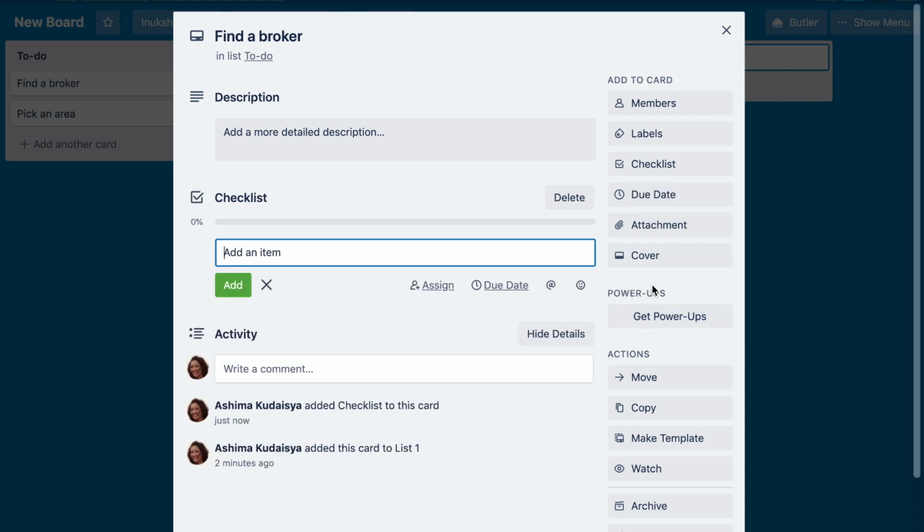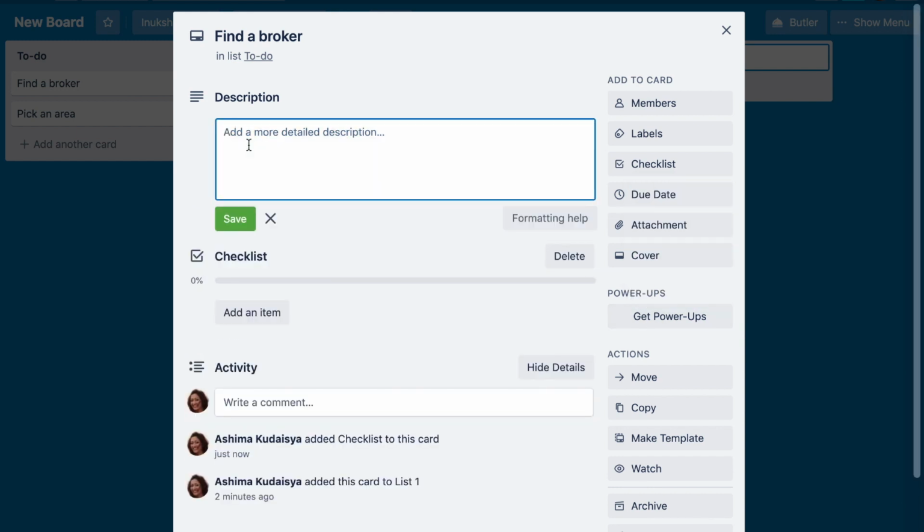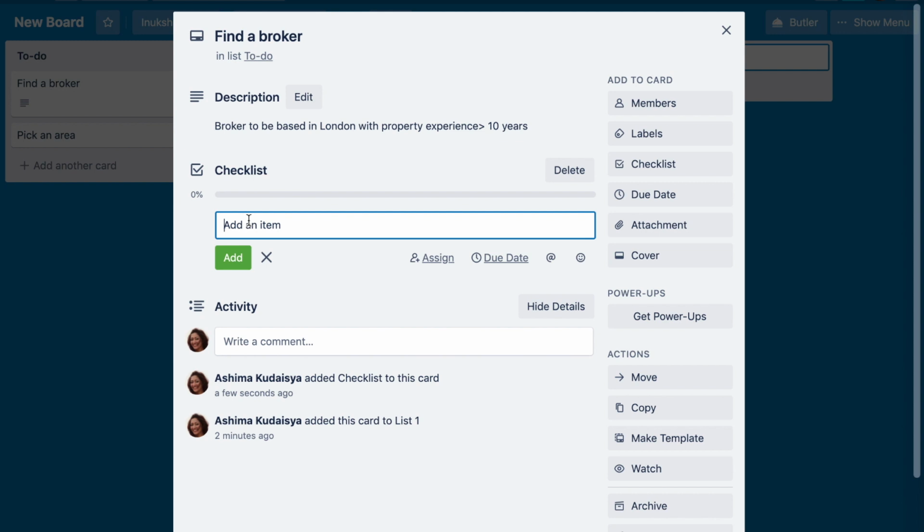Checklist. Now over here, description, you can add anything, say broker to be based in London, maybe with property experience of more than 10 years. Could be anything, whatever description you want. Now checklist. This could be maybe